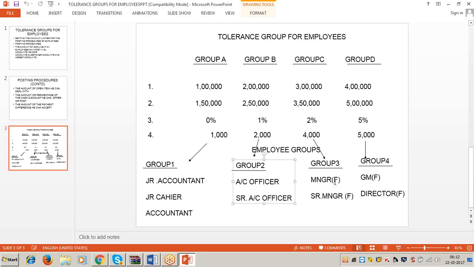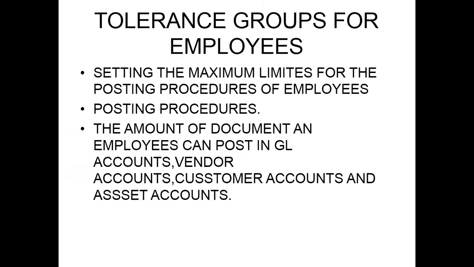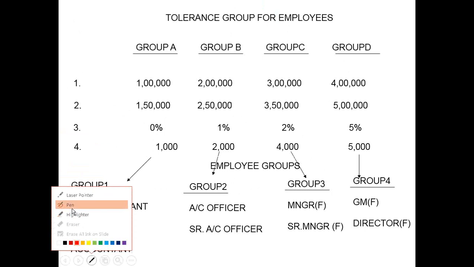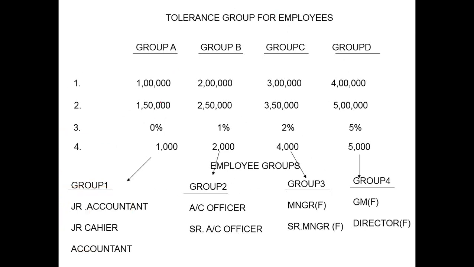Group C is assigned to user IDs of the Group 3 employees, and Group D is assigned to user IDs of these employees. Okay. Now, as a result, the limits are applicable to the respective employees as far as postings are concerned. Means, here, when the Group A is assigned to user IDs of Group 1 employees, either the junior accountant or junior cashier or accountant can post a business transaction in the GL accounts, vendor accounts, customer accounts, and asset accounts up